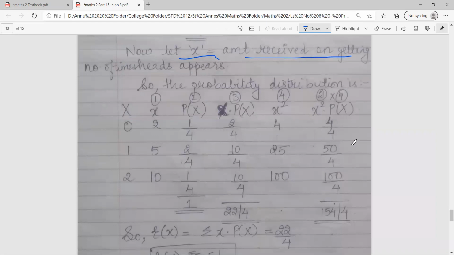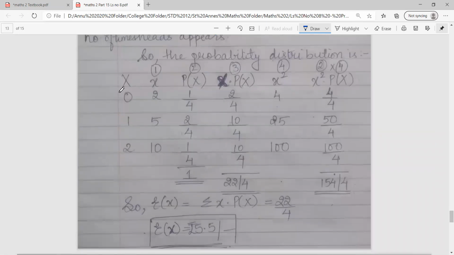So now as per this, the table will be capital X, the value of heads 0, 1 and 2. If no head comes even once, he is getting 2 rupees. If one head comes, he is getting 5 rupees. If head comes two times, he is getting 10 rupees. So the actual values are nothing but this one, the small x. Okay. So we'll be considering this while multiplying and making the table.